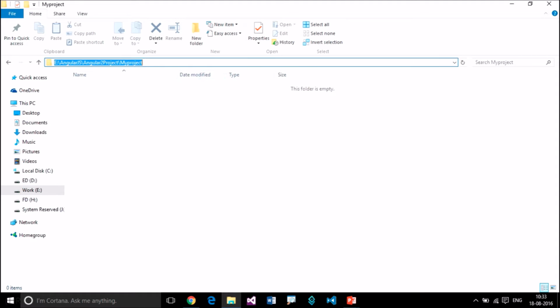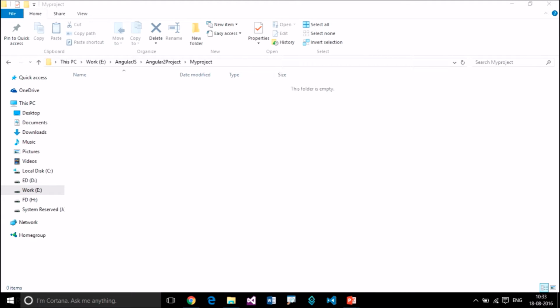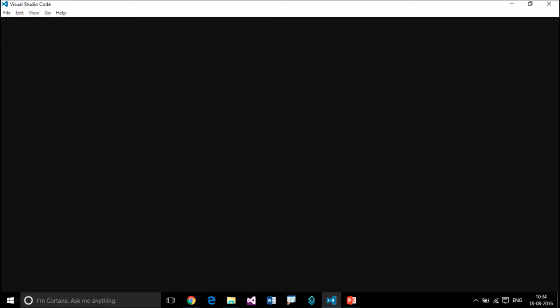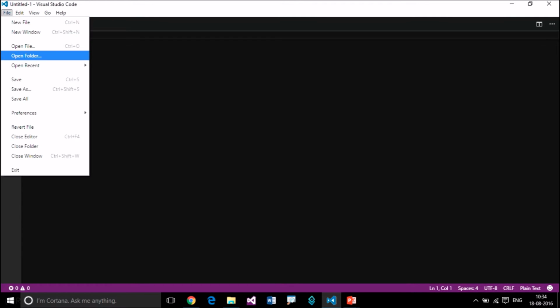So we can directly add files here, but I want to use some editor, a small editor, as we discussed, Visual Studio Code. I want to open my project folder with that tool. So right click on your Visual Studio Code, then select new window. This opens up with an empty document, but I want to open my project folder.